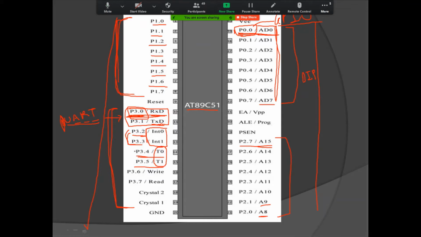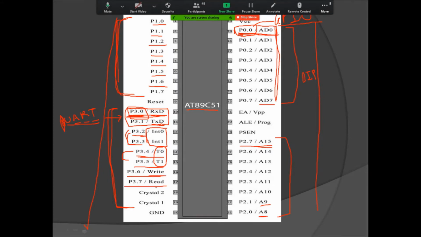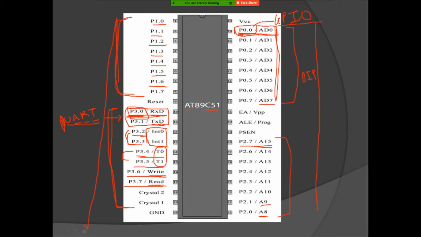If not, we can use them as general purpose input output pins. Pins 3.6 and 3.7 can be used as signals for read and write. If we are using external memory, we need to provide a signal for writing or reading. If not, we can use these pins as general purpose input output pins.